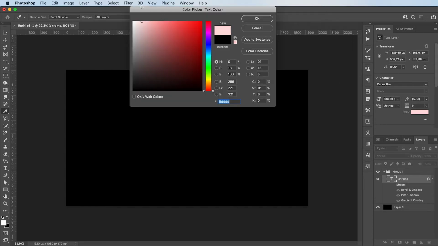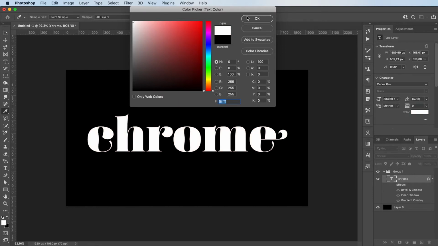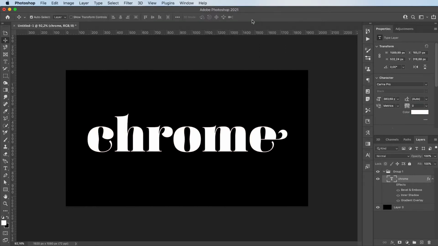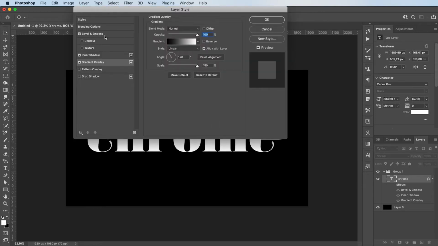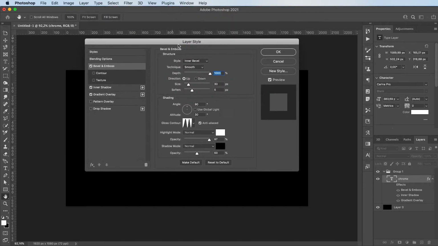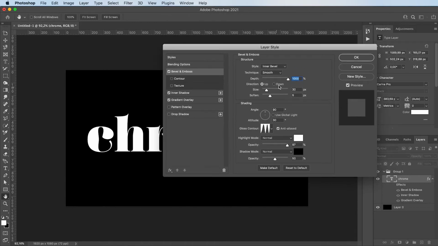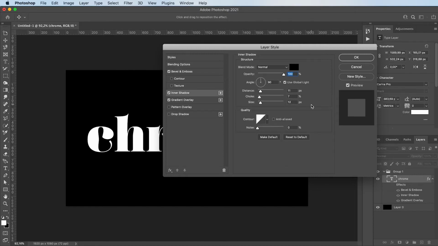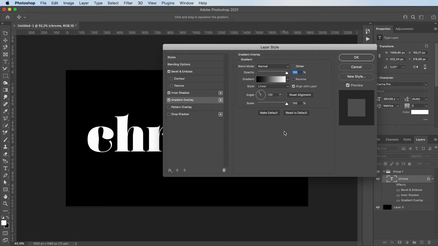So first of all, you're going to just write your text, regular text. Then you're going to double click on it and add a bevel and emboss effect with these settings. Well, you can play around with the settings, but more or less they should be something looking like this. Then add an inner shadow effect and a gradient overlay going from black to white or from white to